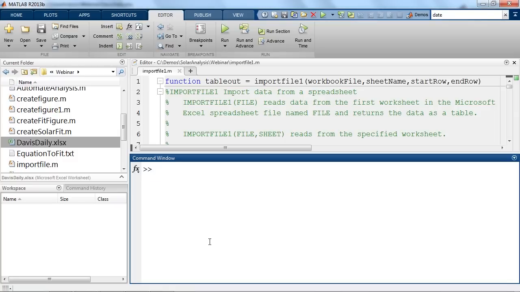Now we can use this command that the import tool just automatically generated for us to automate the process of reading in this data. So the output is going to be a table. Maybe I want to call this Solar Davis, equals the name of the function, import file 1. And then inside of parentheses, I can give it some inputs. In this case, I'm just going to specify one, just what is the name of the file,